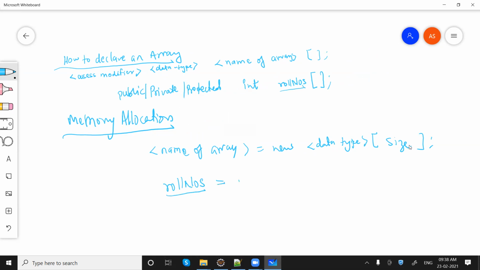Now we can say new int, we will use int only for this example, and the size we are taking is 10. So this is basically called memory allocation. We are saying, hey Java, reserve 10 memory locations of integer type with this name.